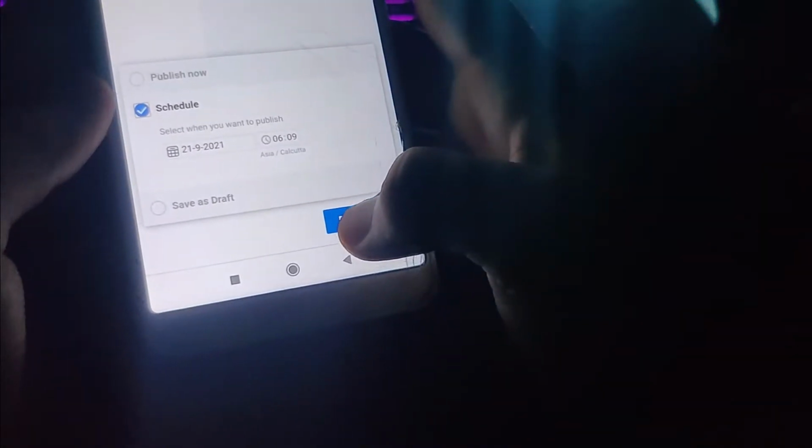You can see this publish, and just behind it you'll see a drop down. So this is the game changer, guys. Once you click this, you will get an option to schedule. Just tap on schedule, and from here you can set your time accordingly whenever you want that post to be uploaded. You just need to set the time and tap on publish, and your post will be published at that time.